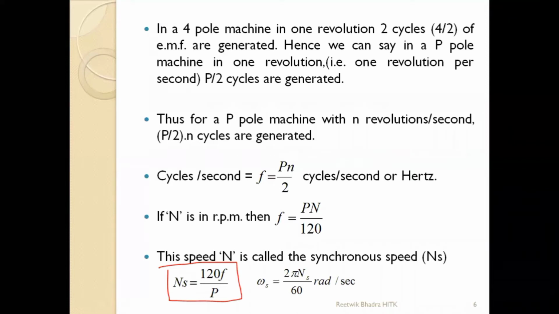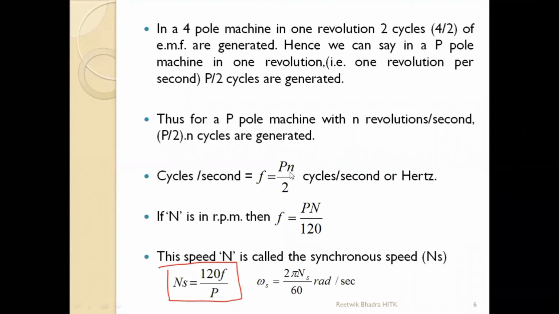Now this small n, where is my mouse? This small n which we have taken is revolutions per second. But generally in your questions what you get is revolutions per minute. When you study machines, on your nameplate is written 1500 RPM, not RPS. It's given 1500 RPM, 1000 RPM. So we'll convert this n into capital N. And small n, always remember, it is for revolutions per second. Capital N is revolutions per minute, RPM. So n converted to this will be N by 60, capital N by 60.